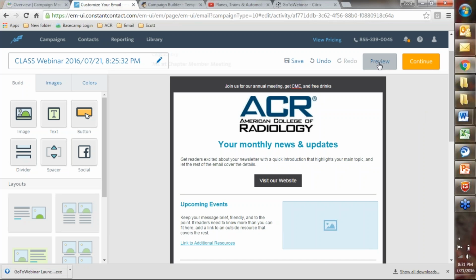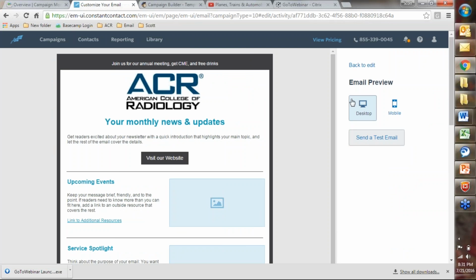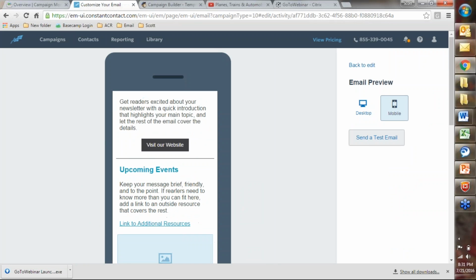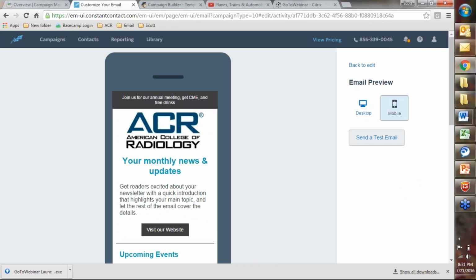And the best part is, as you do this, you can preview it, and it will show you what it's going to look like before you send it out. And it gives you this great option here. Here's what it will look like on a desktop, and now here's what it will look like on a mobile device. You can see that it will take whatever you're doing and automatically optimize it for mobile. You see that the logo has already been taken care of, because in their back engines, they've already done all the code necessary. It takes all the guesswork out for you.